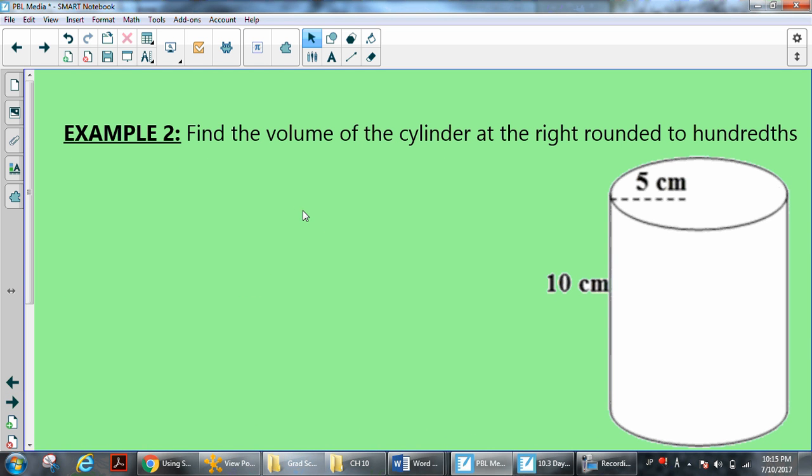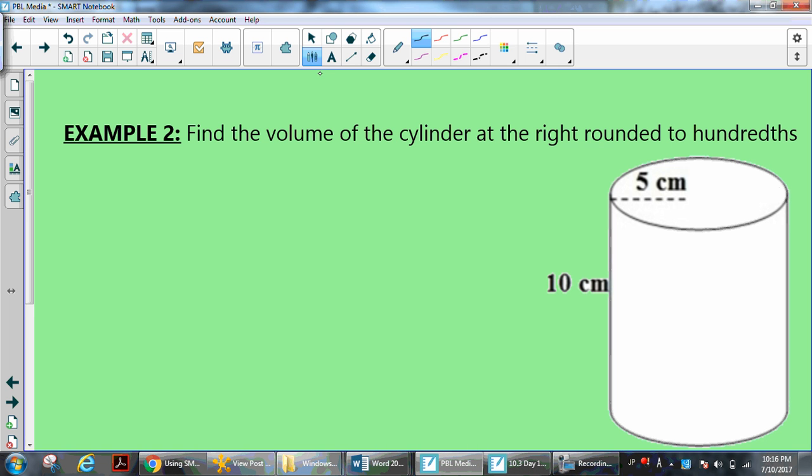Here's an example. We want to find the volume of the cylinder at the right rounded to hundredths. So what we need to do is copy down our volume formula first. So for a cylinder, we said our volume formula is really pi times the radius squared